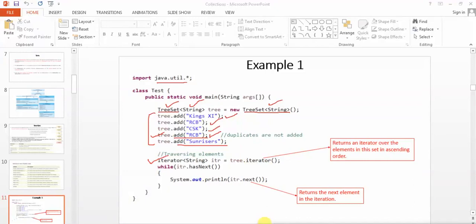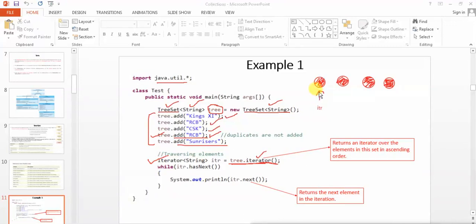So iterator is nothing but, you can say, a sort of a pointer which navigates the elements of the tree. Okay, so let's understand this particular thing, tree, which I'm referring to as this object here, tree. Most of the collection classes, one of them is the TreeSet class, have an inbuilt method called iterator, and iterator returns a pointer to a particular object in that collection.